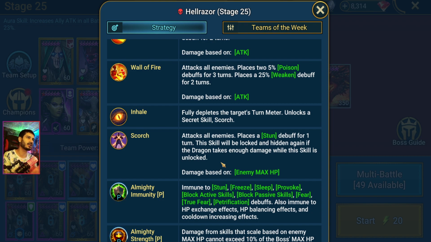So basically, guys, whenever he's getting into the mode to unlock this skill, he gets a little bit of shield. If you destroy the shield, this skill does not happen. You know, on the new version too,